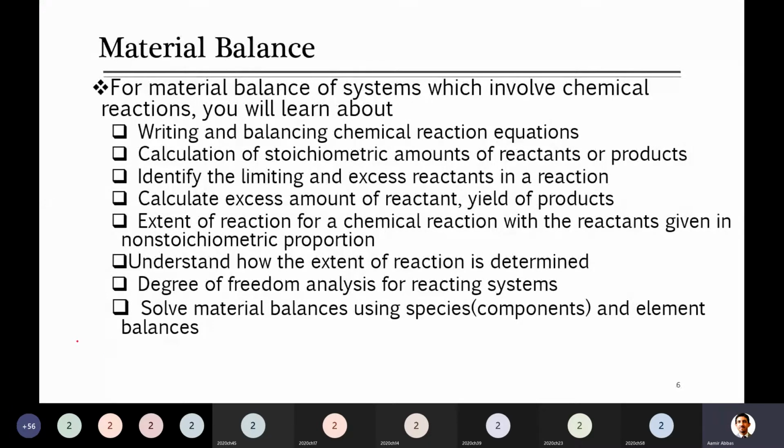What comes to your mind when we say elemental balance? Sir, it is the balance of every element in a compound. Yeah, good. Exactly, it is carbon